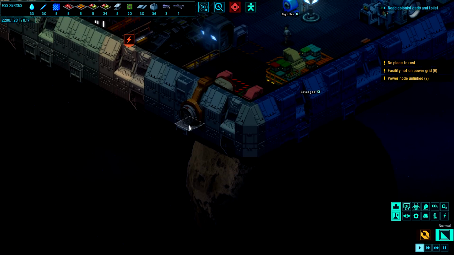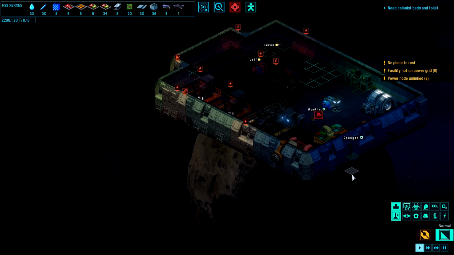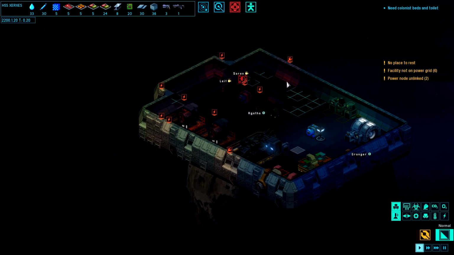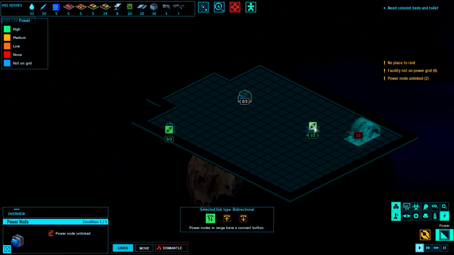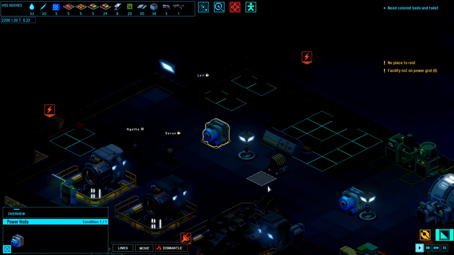They come out the airlock here, and then they can go wherever they want. These ships will come out the bottom by the looks of things. Yeah, we're lacking in power. I get it. Is this built now? Links. There we go. Hook that up. Beautiful. We have power again. We don't reach the...